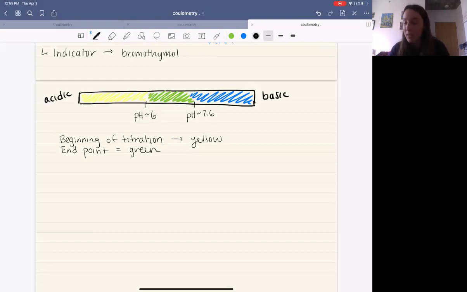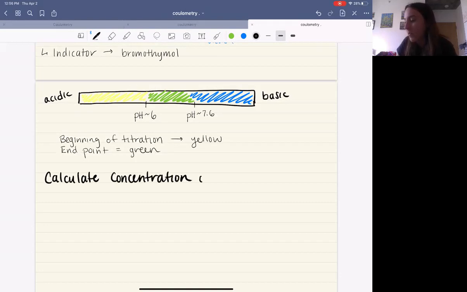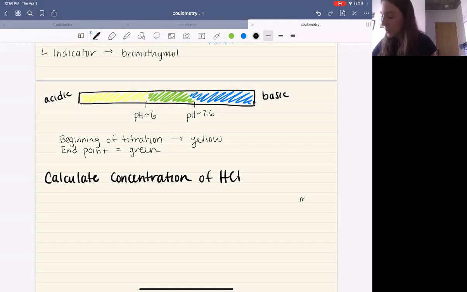So the overall goal of this part is to calculate the concentration of HCl. So let's go through that. Calculate. So what we want at the very end here is concentration in moles of HCl per kilogram of solution. What do we know from the beginning? We do this titration, and the two things we measure are time and the current that we apply. So if we start with how long our titration took, time in seconds,